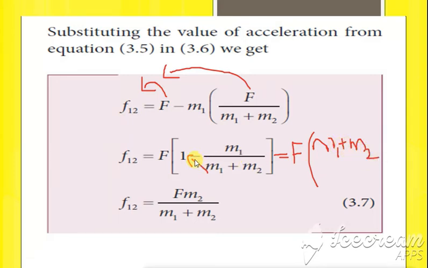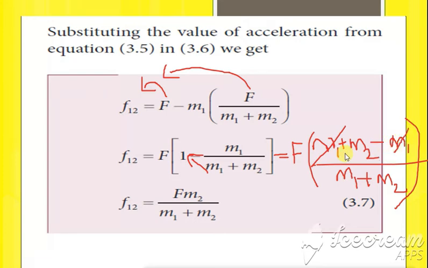Here we have the sign minus, so minus the next term, m1 divided by m1 plus m2. Now we have plus m1 and minus m1 which get cancelled, so we get F into m2 divided by m1 plus m2. So this is the force for the particle